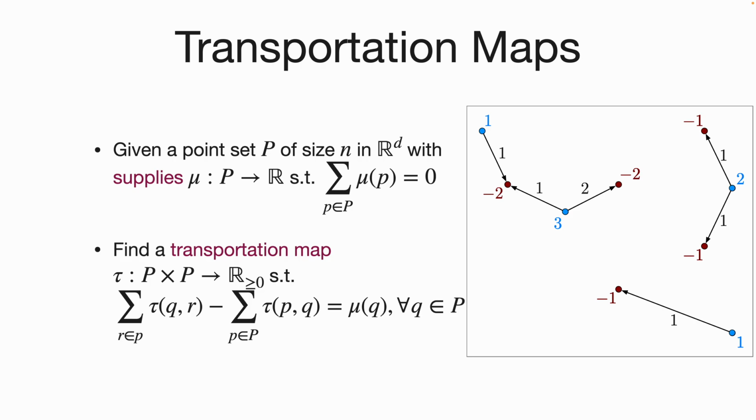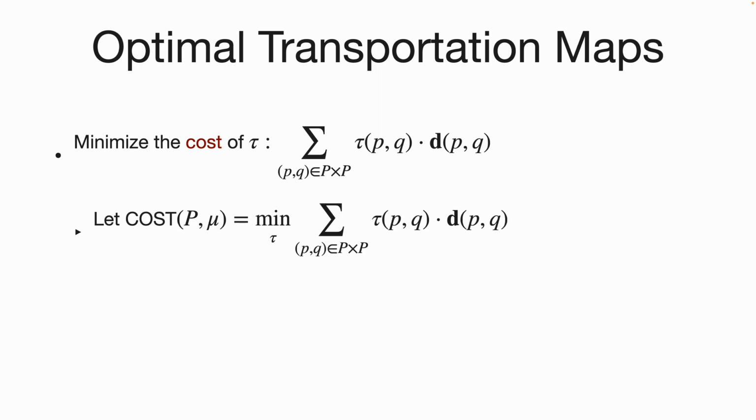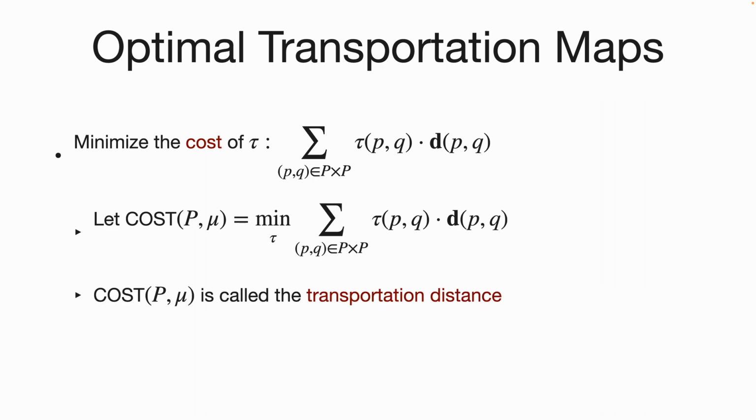This figure shows an example transportation map, where the blue number associated with each dart shows the assignment value for the pair of two endpoints of the dart. So the problem is to find an optimal map that minimizes the cost of the map with respect to the Euclidean distance. Let the cost of (P, mu) be the minimum cost. Then we call this cost the transportation distance,